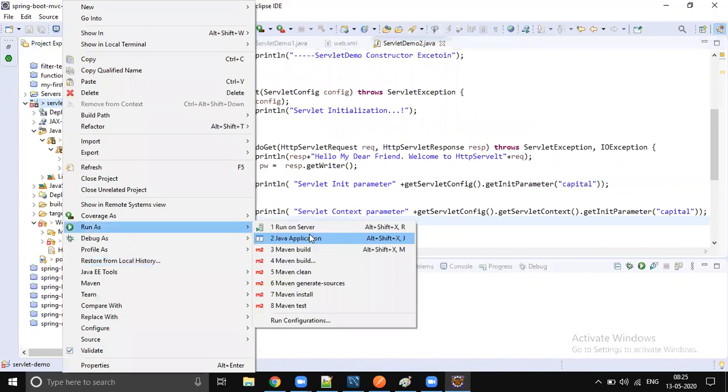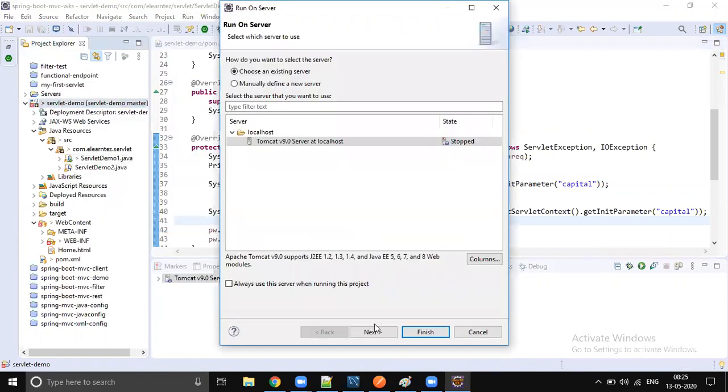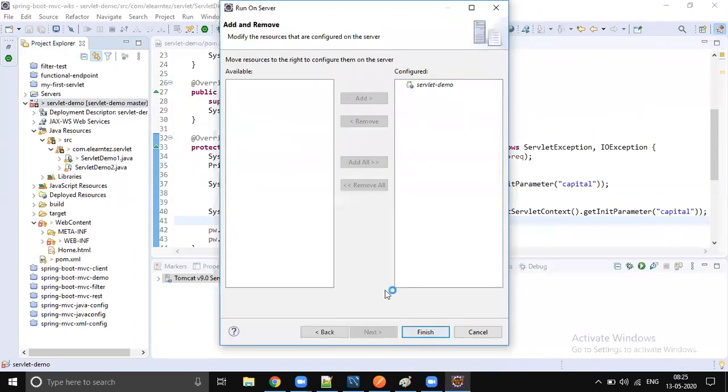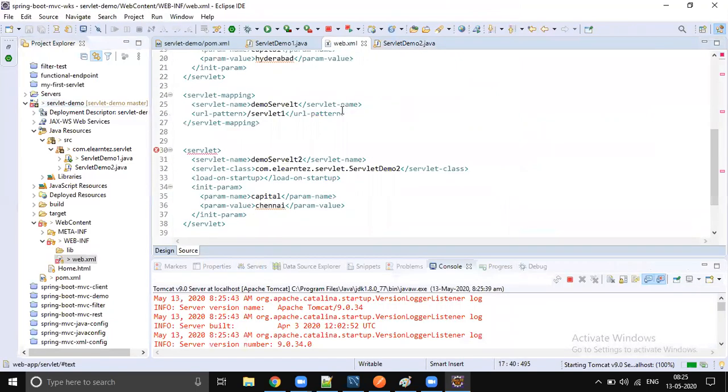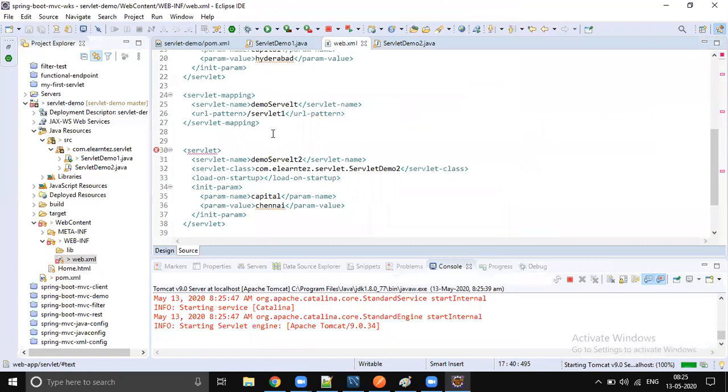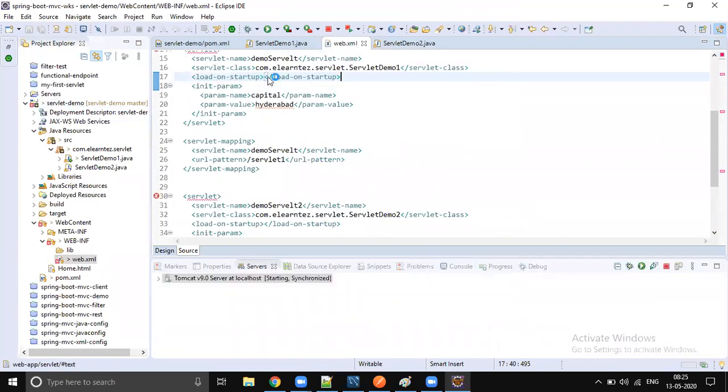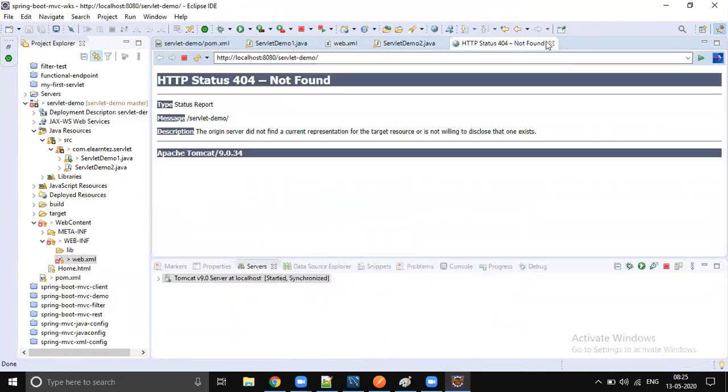Run as server. Next, finish. Oh, for load on startup, we didn't give any value. I think there was some kind of exception.